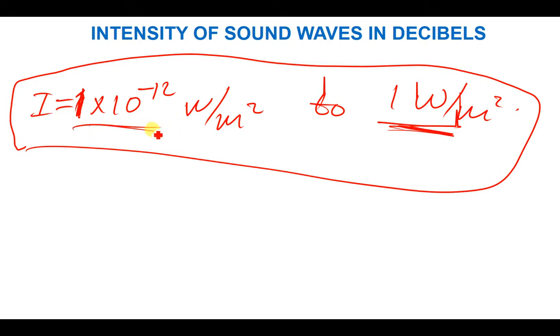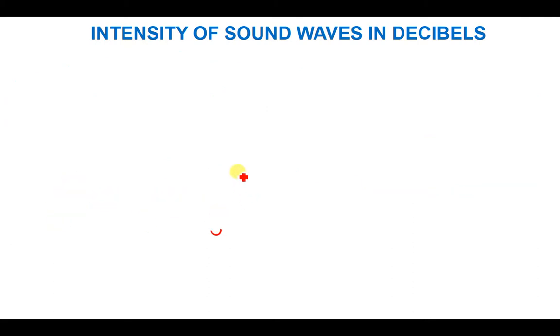So you also have to know this one, because there's a formula that we're going to be using almost every time we're asked to find the intensity level. The intensity level is simply given by this formula, 10 log,